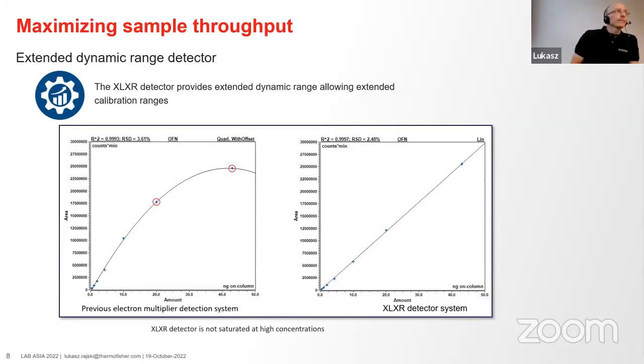I also mentioned the extended dynamic range of the XLXR detector. And here you can see an example. On the left-hand side, we have a calibration curve that was acquired with our previous generation detector. And there is no doubt that those 2 points that are marked with red circles are out of the linear range. However, with the same vials analyzed with the new detector, we see that all the points fit perfectly into the linear